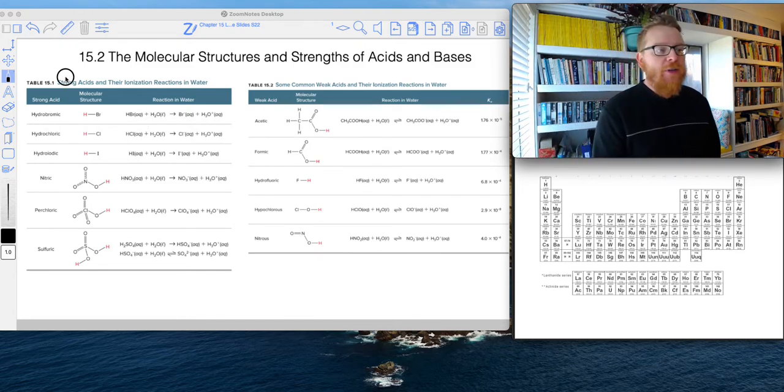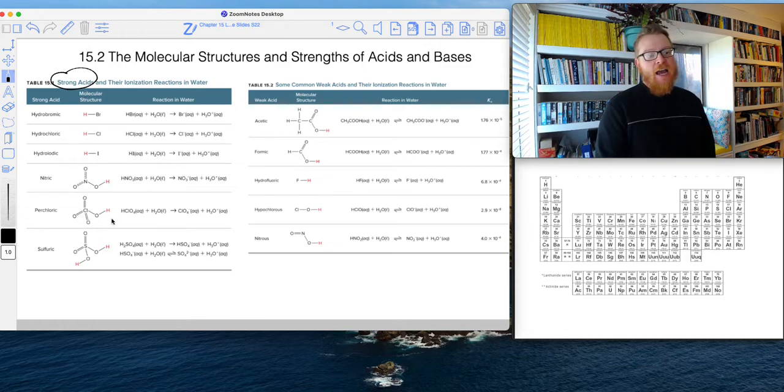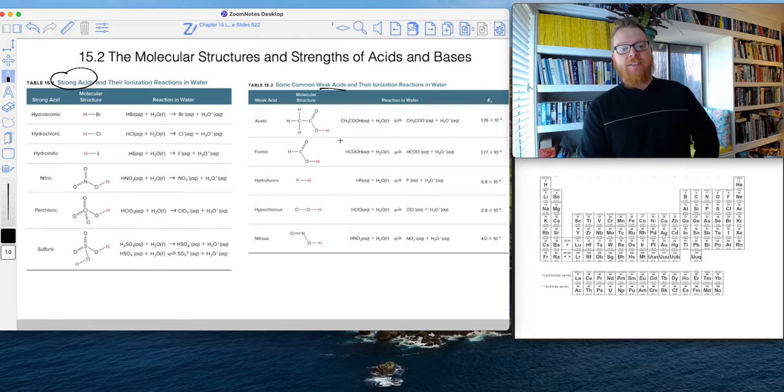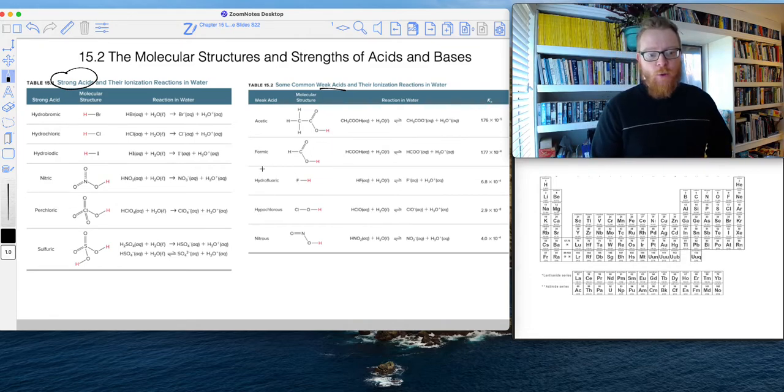Okay, so here you can see is our list of strong acids. I do want you to know this list, okay? So hydrobromic, hydrochloric, hydroiodic, nitric, perchloric, and sulfuric acid all are strong acids, okay? So I want you to also know this list of weak acids: acetic, formic, hydrofluoric, hypochlorous, and nitrous, okay? I want you to know these things so that you can quickly recall what's a strong acid and what's